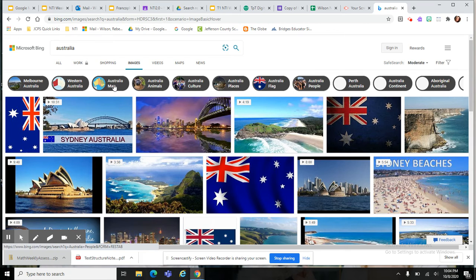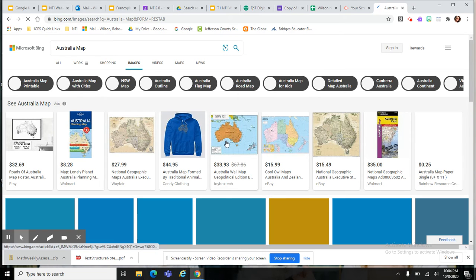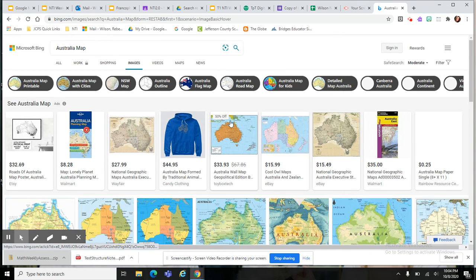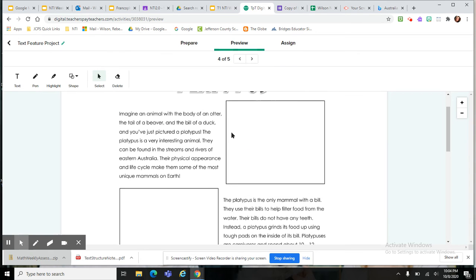And I'm going to go to Australia map because I'm going to draw a map of Australia. Okay, so Australia is kind of shaped like, I don't know, kind of like an N without the stem on it. So I'm going to try to make Australia on my, oops, wrong place. Here we go. On my article. So I'm going to go to pen